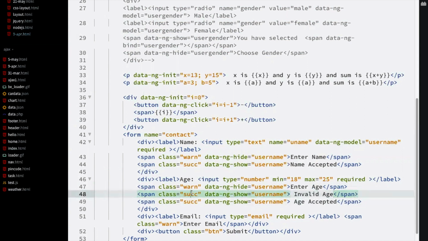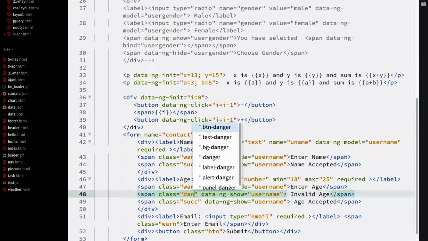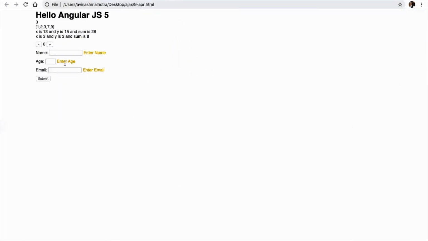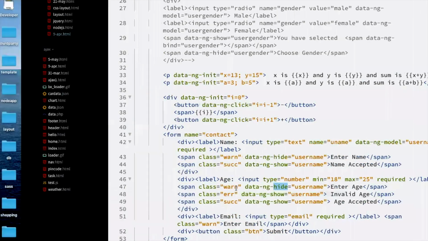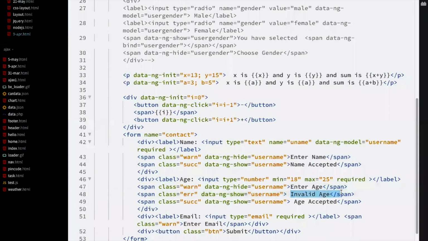For invalid age, color should be red. Now on page load, so what's the functionality? That enter name is already there. If we type invalid age like 0, the message should be invalid age, and if age is okay, then the message should be age accepted. So this is ng-hide on user age